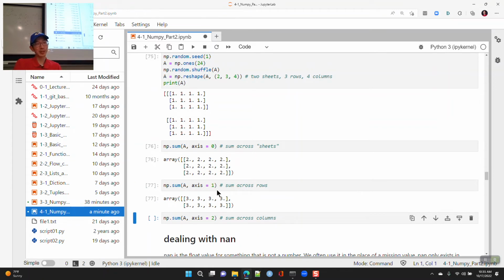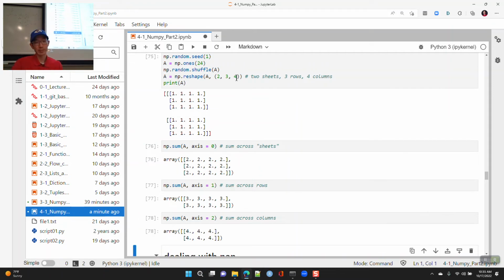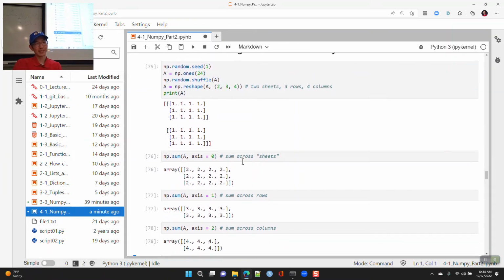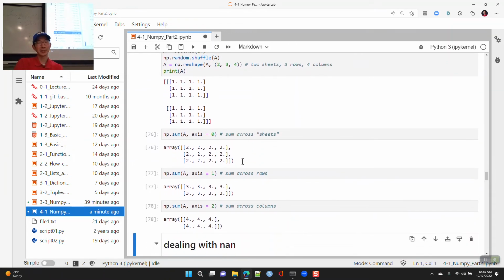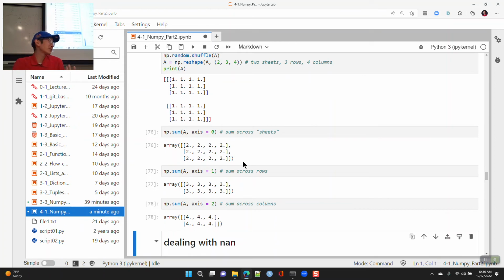Okay, and then this one will be the last one, right? So we're looking at axis 2. So we got the 2 by 3 by 4, so we're going to collapse axis index 2. So we're going to see a bunch of 4s arranged in a 2 by 3. Okay? Does that kind of make sense? It's good to review and make sure you understand how doing any kind of sum operation across a particular